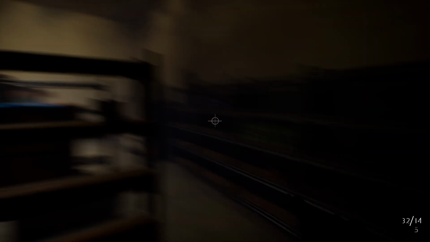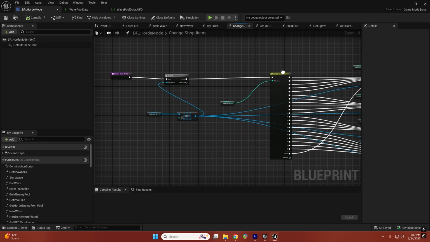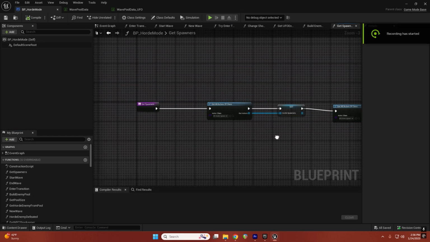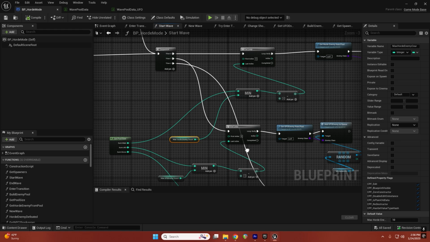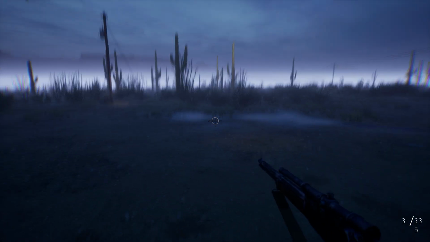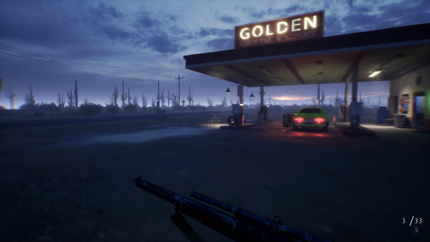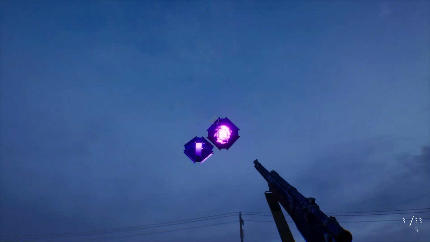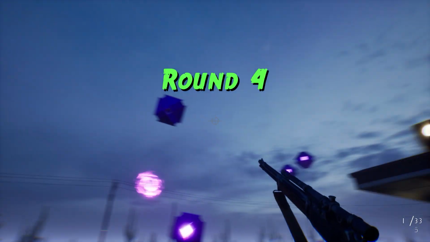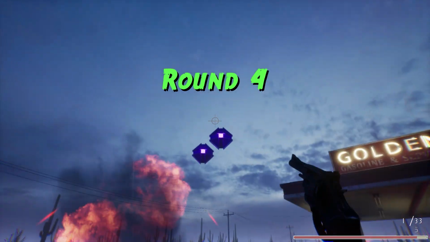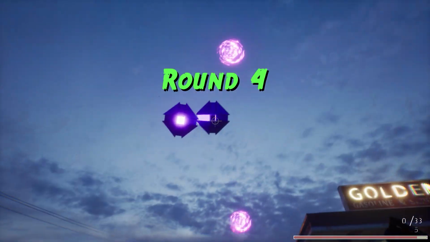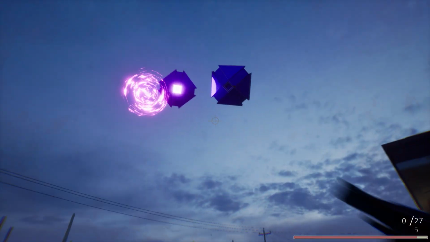I then built the Wave Fighter game mode that has variables for the total number of enemies that can spawn per round, as well as how many enemies can spawn at a time during the round. In addition to that, we have a wave number variable. I'm able to use the wave number variable all throughout the game to do a lot of really cool stuff, such as play one-off storytelling events, as well as change stats and behavior of the enemies to make the game's difficulty increase throughout.